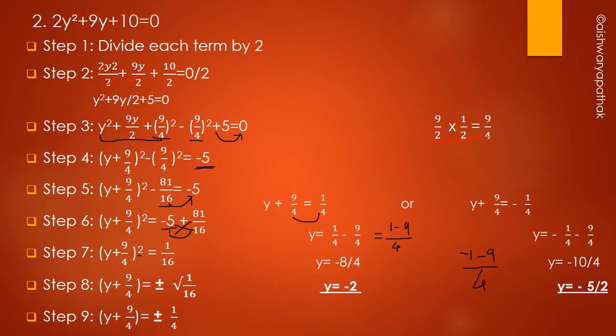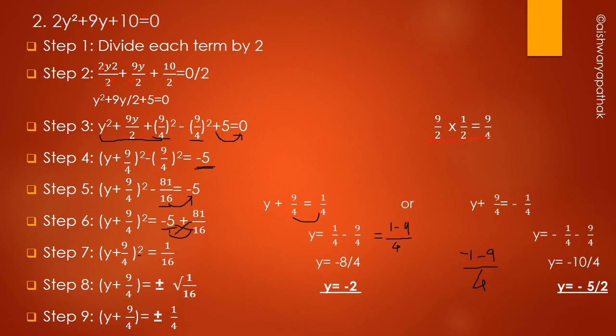Then in the fourth step, you have to take this y, and the answer you got after multiplying with 1 upon 2, you have to take once, then its whole square and the remaining part. And the next plus 5 will go to the other side and become minus 5. Then y plus 9 upon 4 whole square as it is. Then what is the square of 9? It is 81 and 4 square is 16. Okay. The next step is minus 5, and this minus 81 upon 16 will go to the other side.